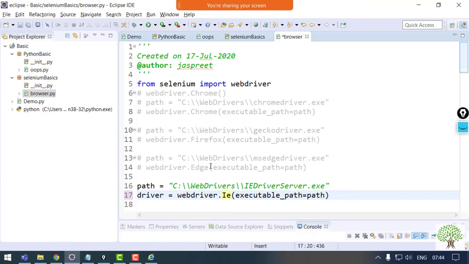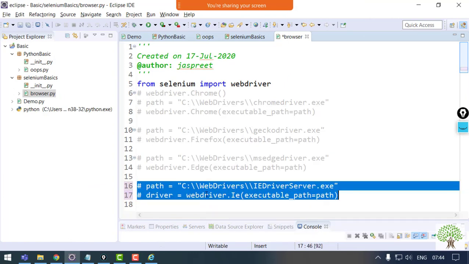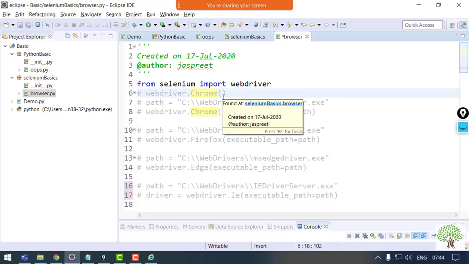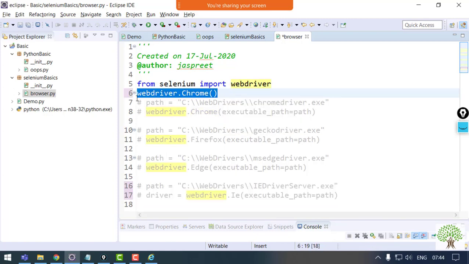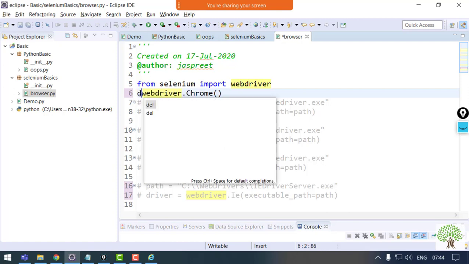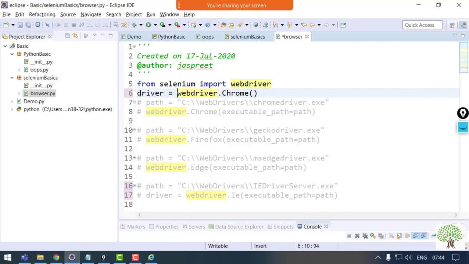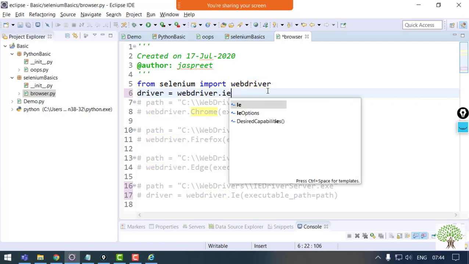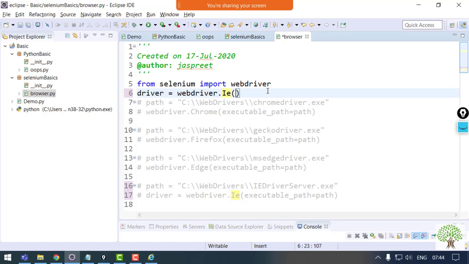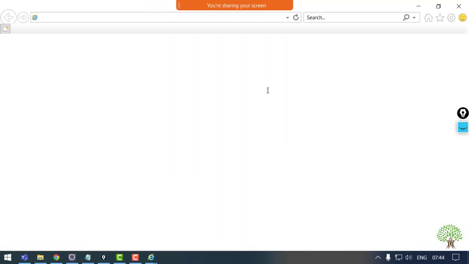Fine. Then just go to your code where you have written all the things and try to run the code without giving the path. Fine. Let's say I'll just open the Internet Explorer browser. Fine, without the path, without any executable path parameter being given. Nothing I'm going to give. So I'll run this. And again another Internet Explorer browser opened up. There are 2 browsers that are open.